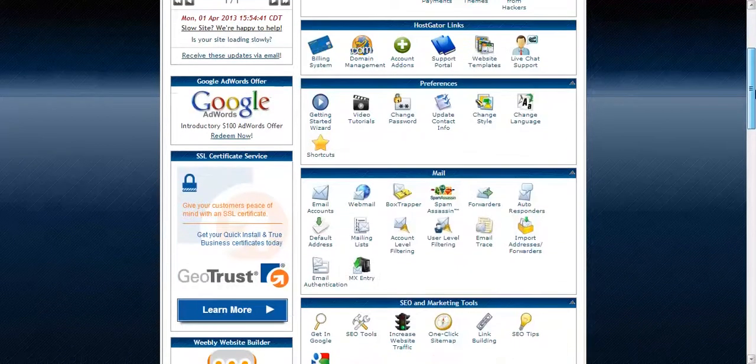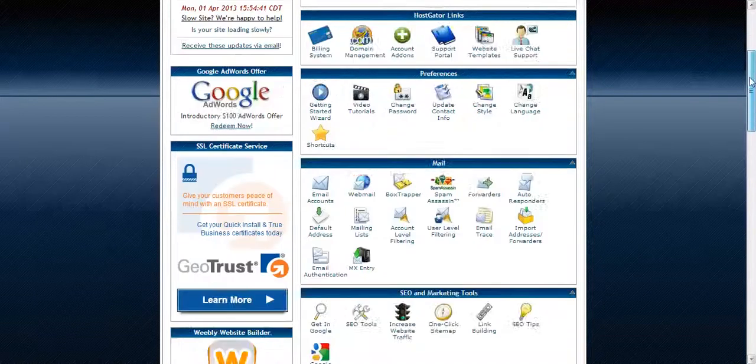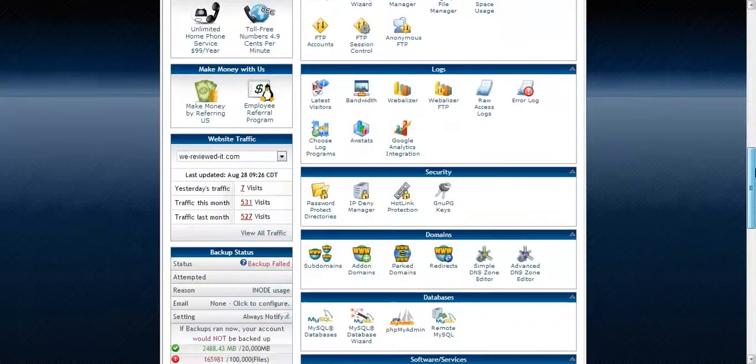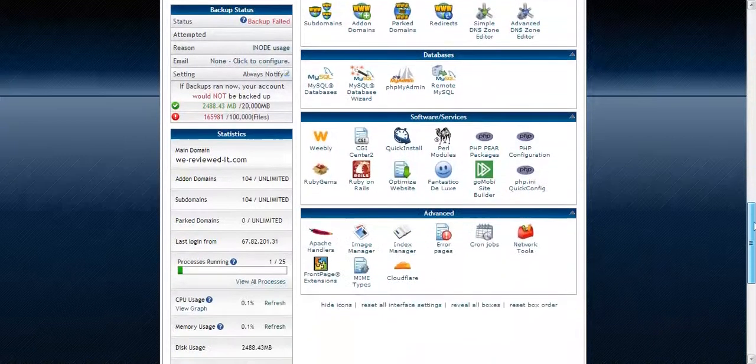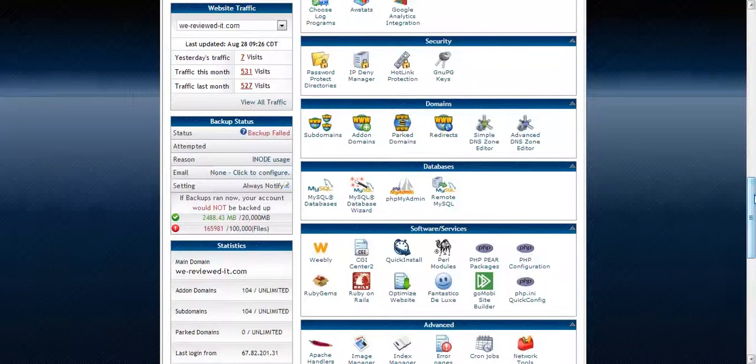As you can see, you have live support here if you want to talk with somebody. If you're a little bit confused and you're not sure what to do, you can always hit the live chat button and speak with someone. All you want to do is set up a site, and what we're going to use more than anything else in this cPanel is